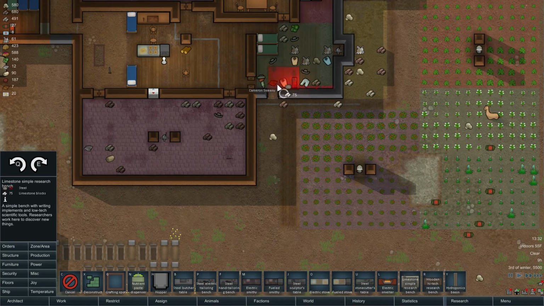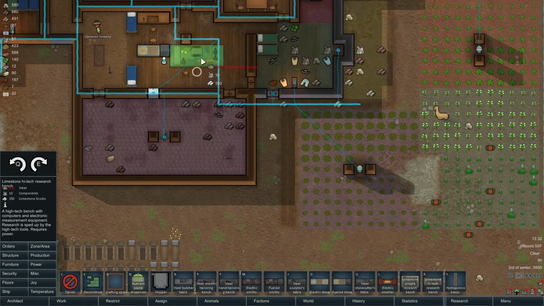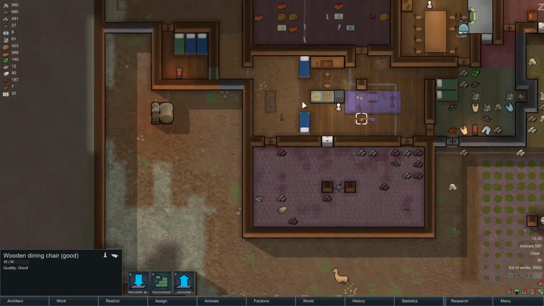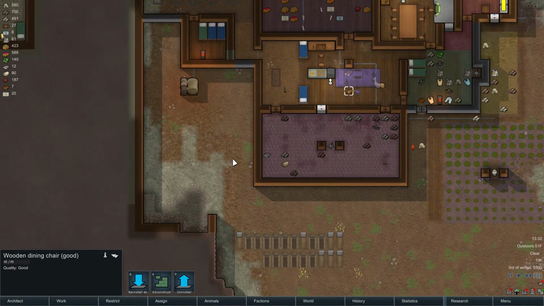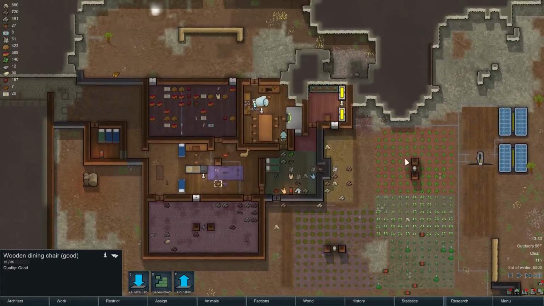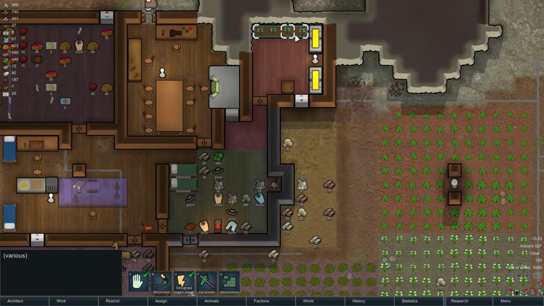Let's use the limestone blocks. Oh, whoops. Do that again. And then let's reinstall at that location. That'll get us the ability to make the electric cremation. Maybe get some of these bodies out of here or something. And now that we're doing that, we can actually switch this over to